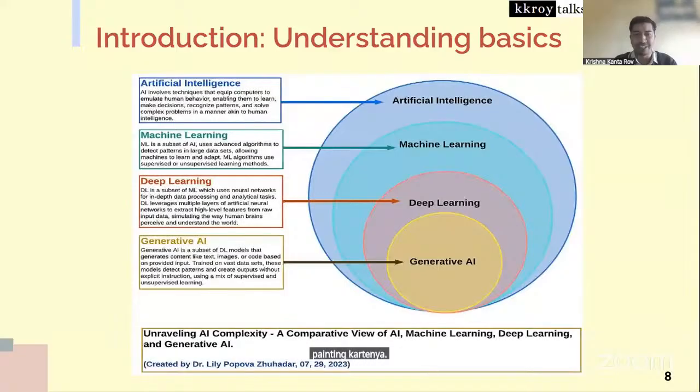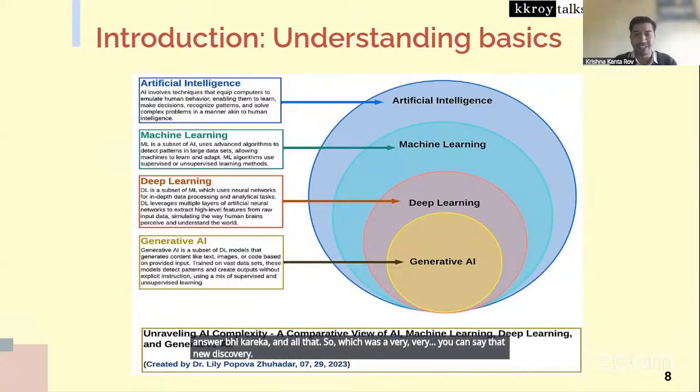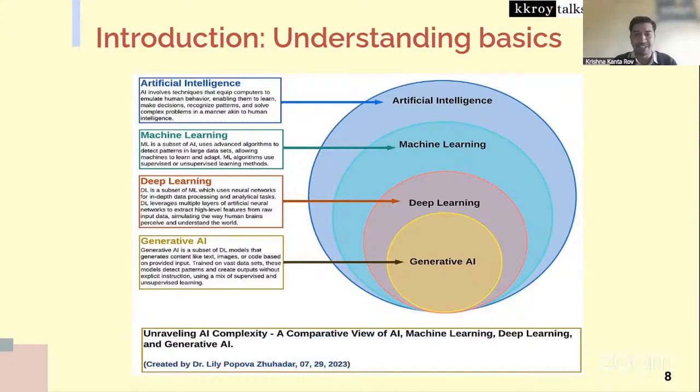आर्ट, सब कुछ में आ चुका है। सो 5-7 साल पहले तक मुझे कभी नहीं लगता था कि एआई विल डू रीजनिंग, वो रीजनिंग कर देगा। अभी वो रीजनिंग भी करने लगेगा। आप उसके साथ किसी टॉपिक पे बात करेंगे, वो समझेगा, वो आपको आंसर भी करेगा, ऑल दैट। सो विच वाज अ वेरी वेरी, यू कैन से दैट, न्यू डिस्कवरी। पहले भी करता था लेकिन शायद हमारे मासेस के हाथ में नहीं था। मूविंग ऑन,